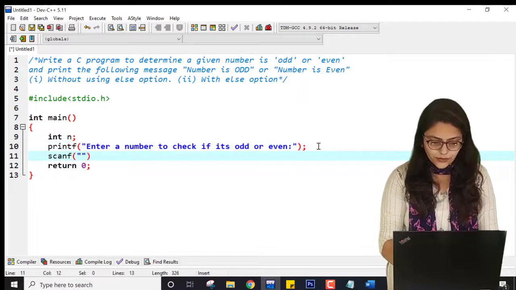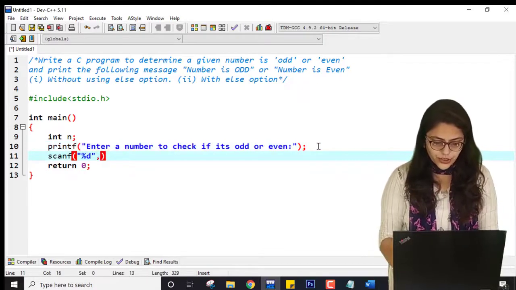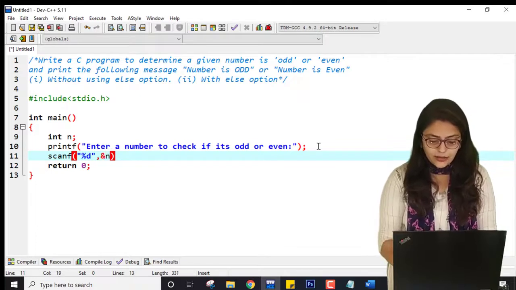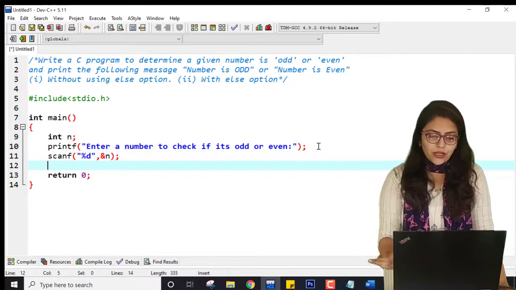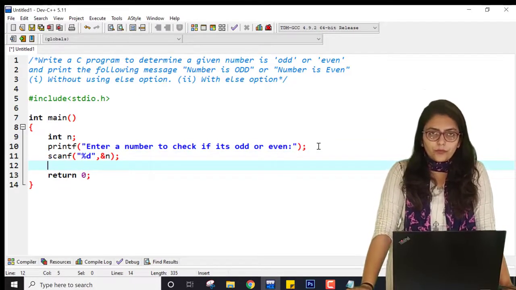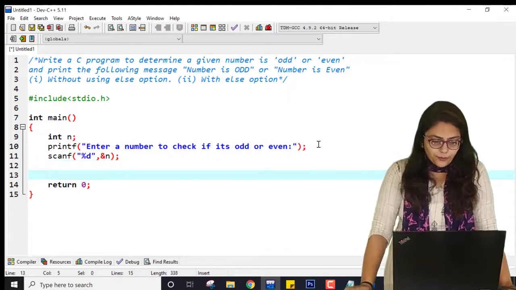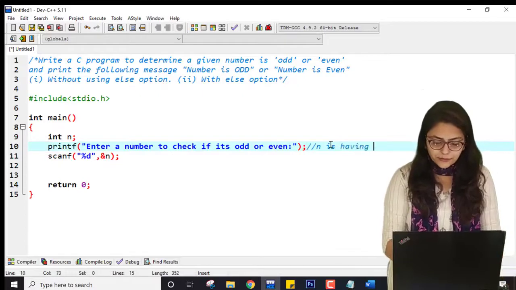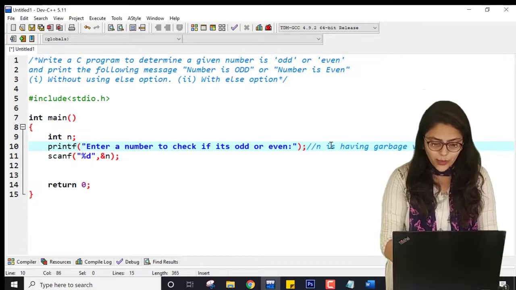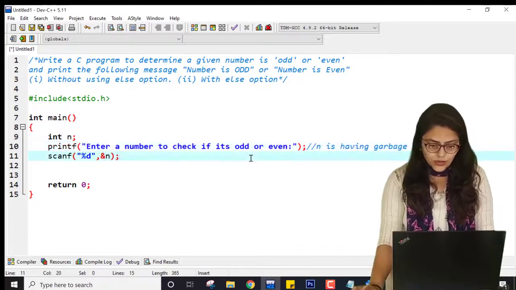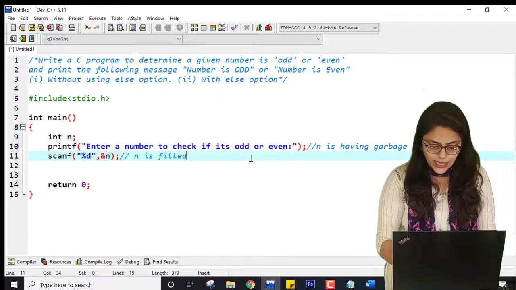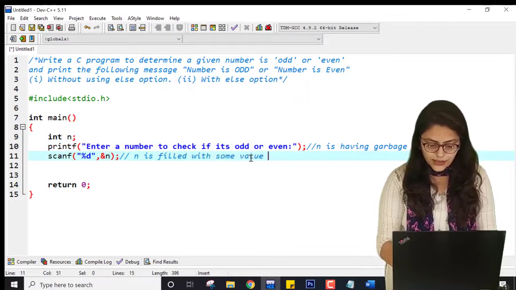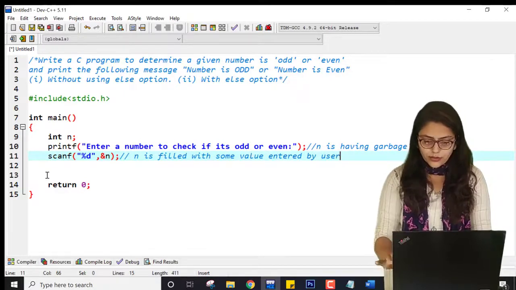Here scanf, %d and &n, right. Because of this the user will be able to enter a number. Till now n is having a garbage value, but because of this n is now filled with some value entered by the user, right?